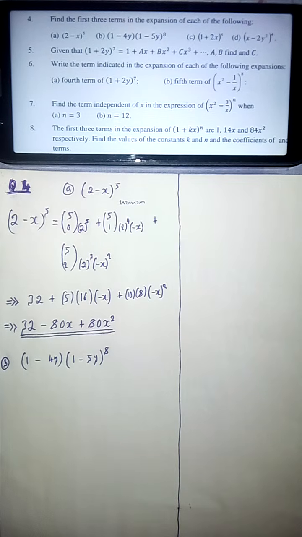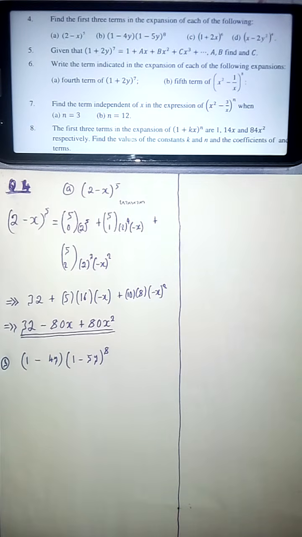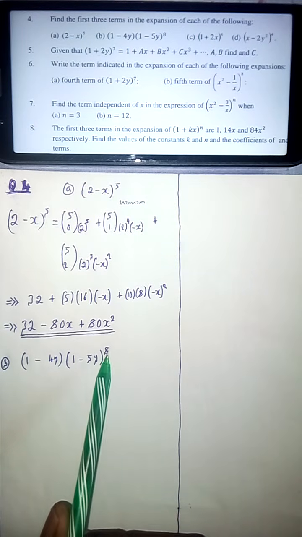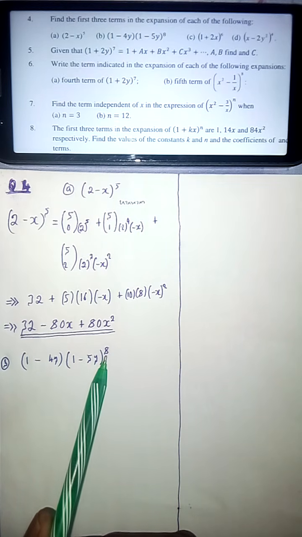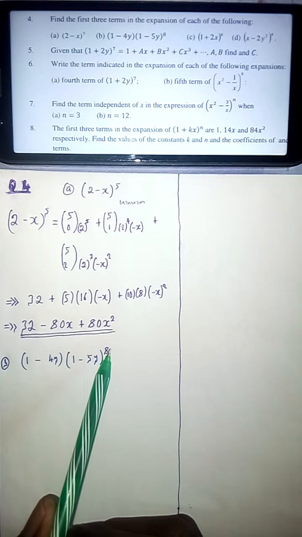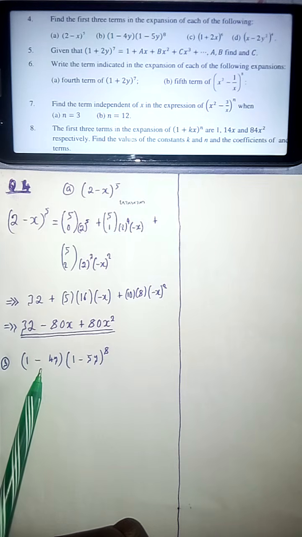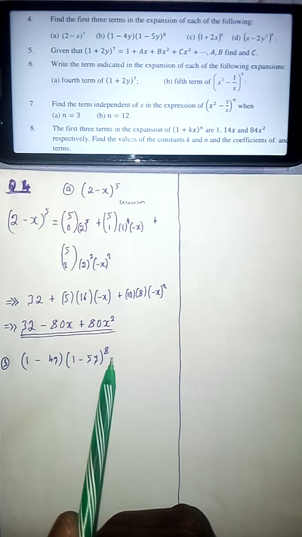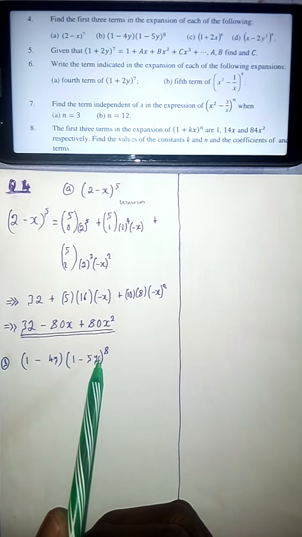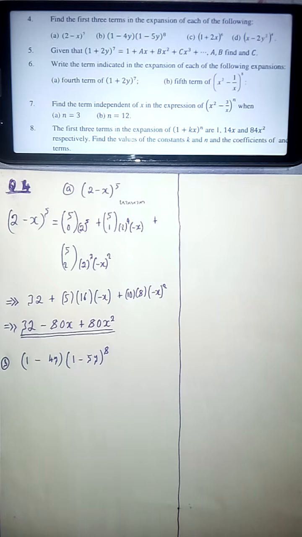Well, since they're asking us to find the first 3 terms of this, we're going to find the first 3 terms of this part. Our interest is on the first 3 terms, so we're going to expand this and get the first 3 terms, multiply it with this part, because this 8 only has an effect on this part, right? Yes. What do I mean by that? Well,